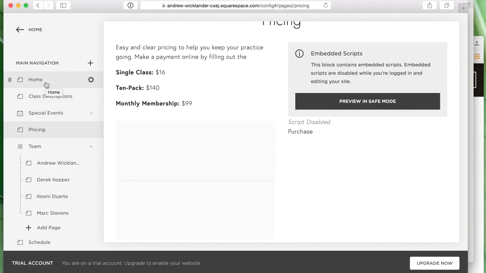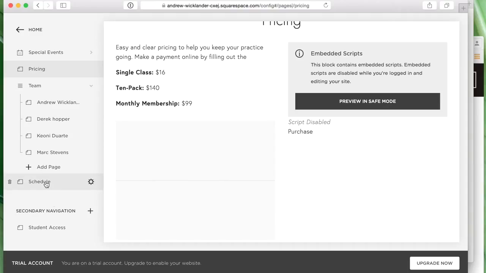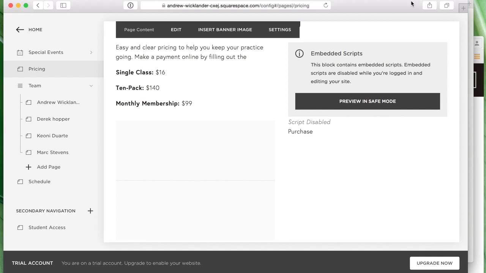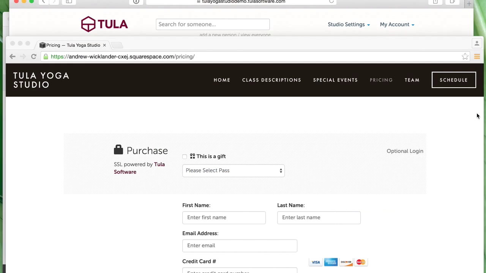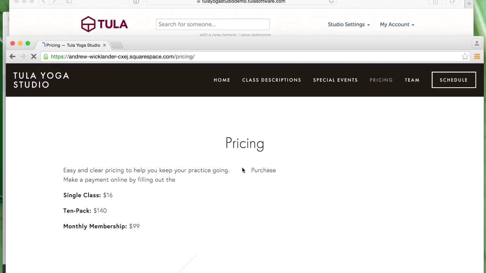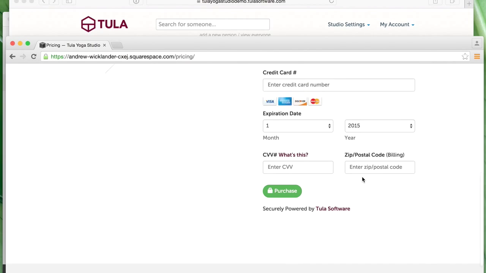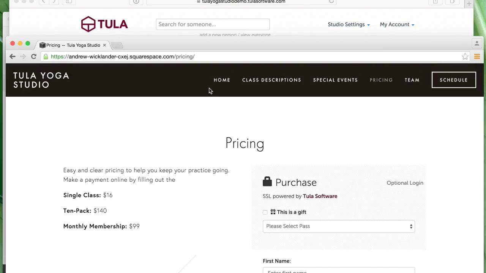So we have our homepage, class descriptions, special events, pricing, a team page, and our schedule. I also put the student access into the secondary navigation. Going back to our public-facing site real quick, our pricing page is a little bit different because I've put a header in here now, and I have a 2-column layout going, and I'm just getting a feel for how the site is structured. But at this point, I'm going to move away from Squarespace,